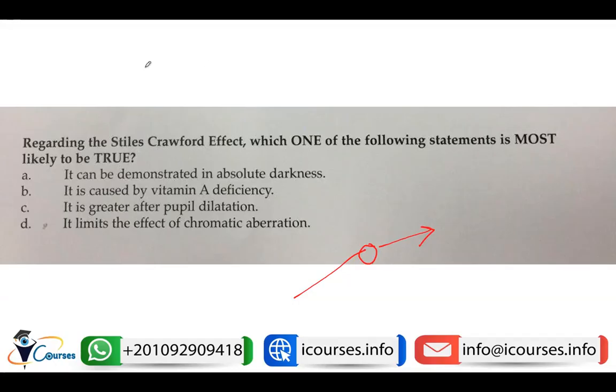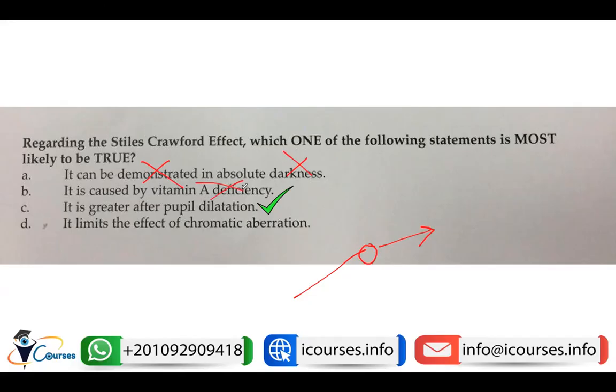Okay, so as we mentioned in the Stiles-Crawford effect, we cannot demonstrate it in absolute darkness, because the Stiles-Crawford effect means that there is a differential sensitivity of the cones when they are stimulated by the light. So if there is no light, then there will be no Stiles-Crawford effect. It has no relation with vitamin A deficiency, and it is greater after pupillary dilatation actually, because when we are